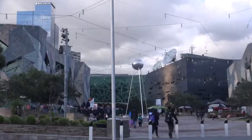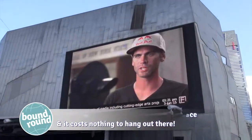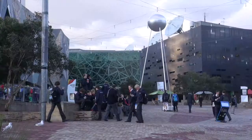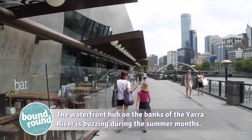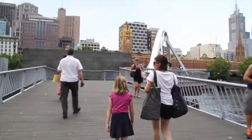Federation Square is right next to Flinders Street, and it's a place where you can hang out and watch TV there. And ACMI, that's a very interesting place to visit, and it's a place where you can hang out with your friends mainly. Well, South Bank is sort of along the river where there's lots of artists and restaurants and cafes you can go to and little sorts of attractions, so you can just walk along while you're walking down